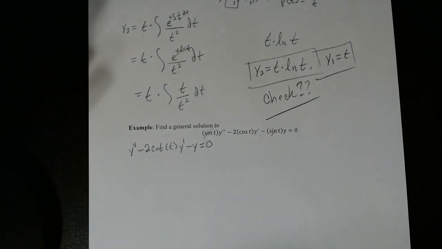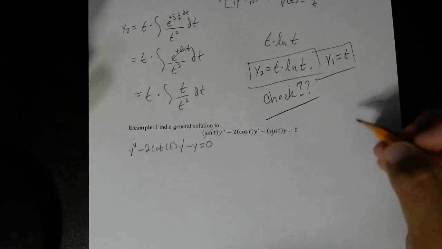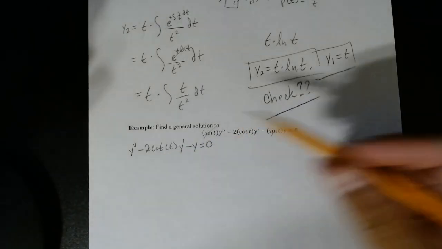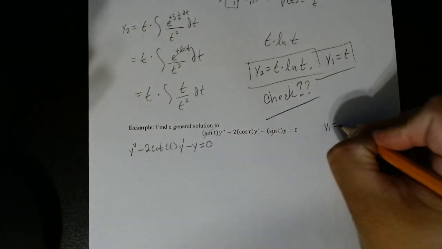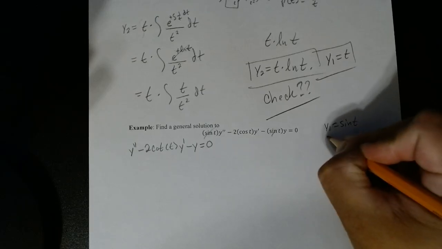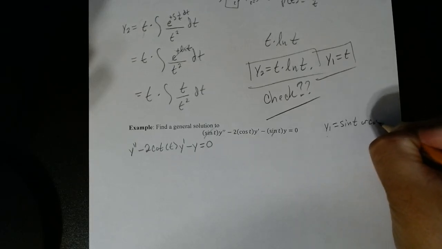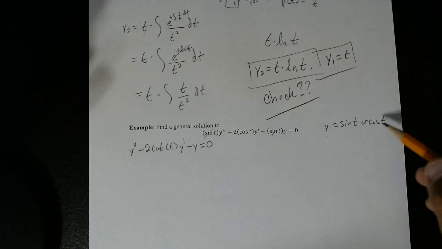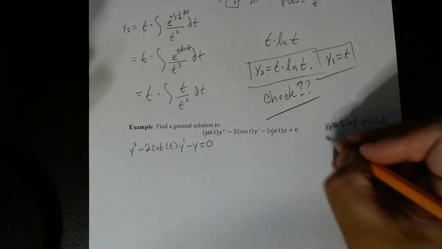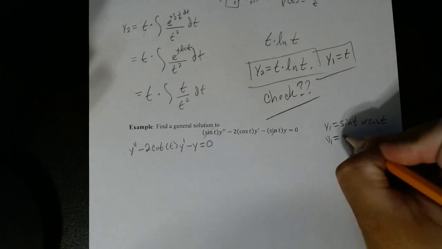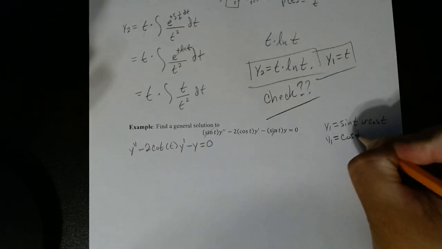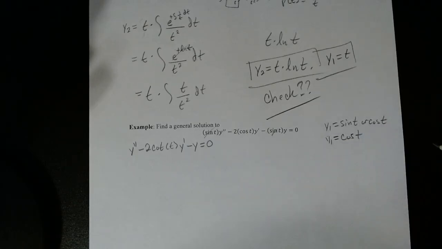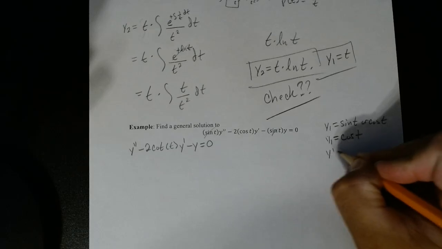Now, unfortunately here we're not given y1. We actually have to find one. But since it's cotangent, we have some options. It's either going to be sine or cosine. It's going to be one situation or a combination of either one. So hopefully we guess right. Which is just cosine. So if we take the derivative,